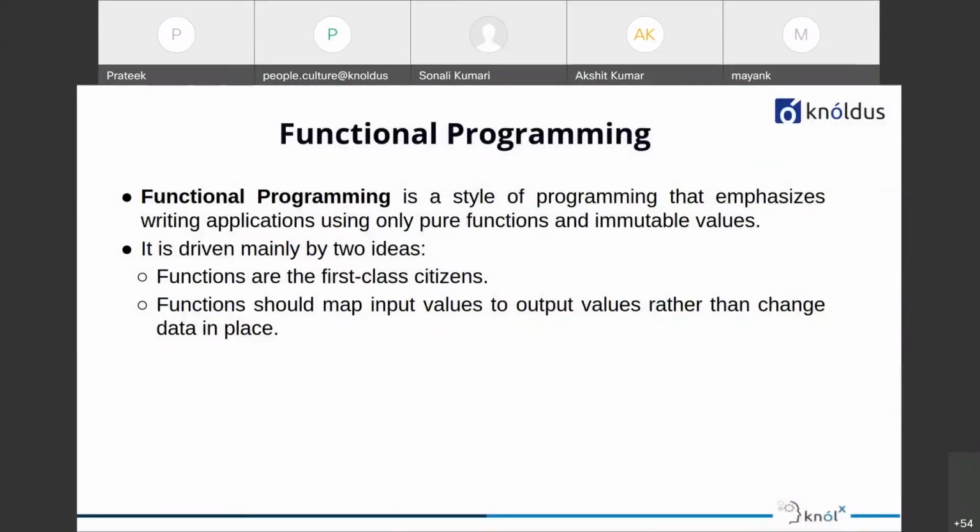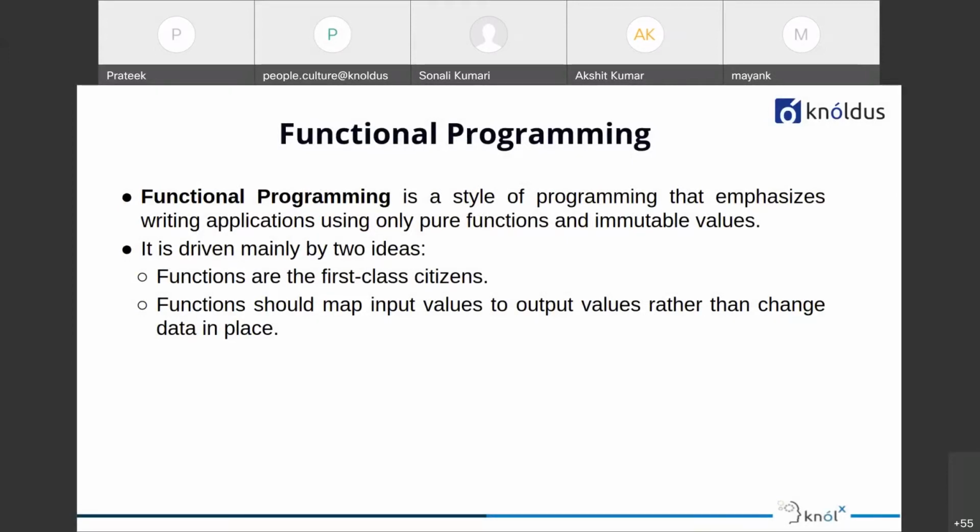Functional programming is basically a style of programming that emphasizes writing applications using only pure functions and immutable values. Pure functions are those functions that do not have any side effects. So, what are side effects? A function is said to have side effects if it does something other than simply returning a result.